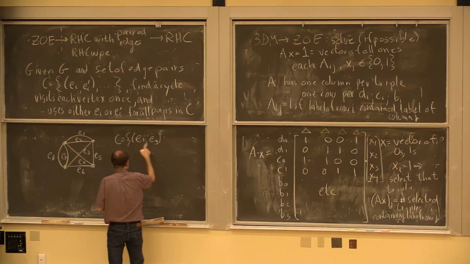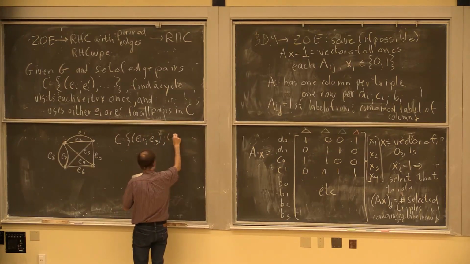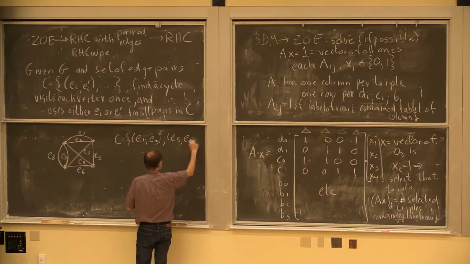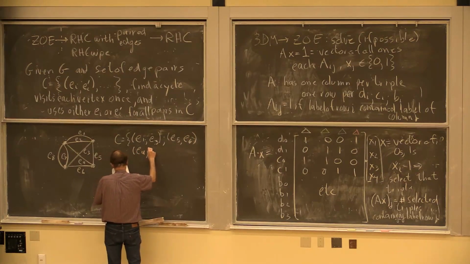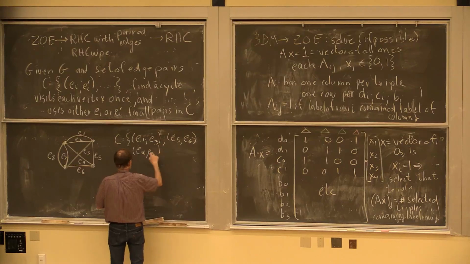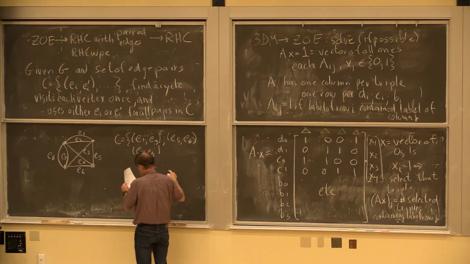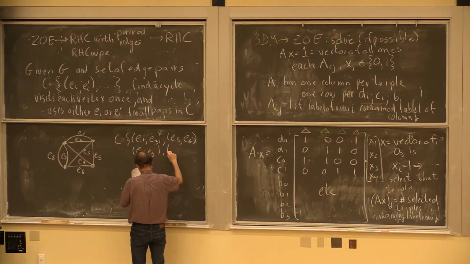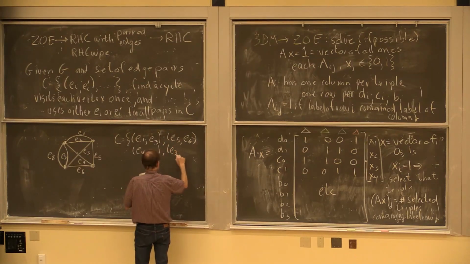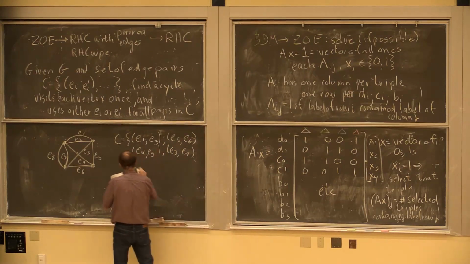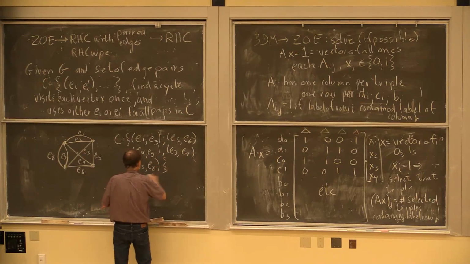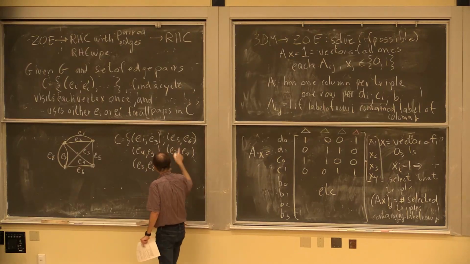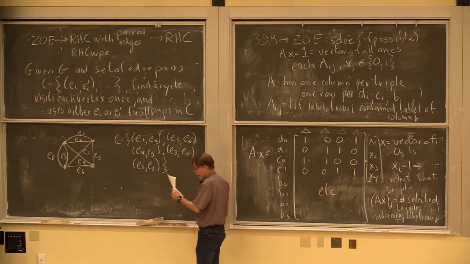That means I have to use either E1 or E3, either E5 or E6, either E4 or E5. So you can see, you can have multiple appearances of the same edge in multiple of these pairs. E3 and E7, and E3 and E8. Okay, so that means I have to use exactly one from each of these 5 pairs.